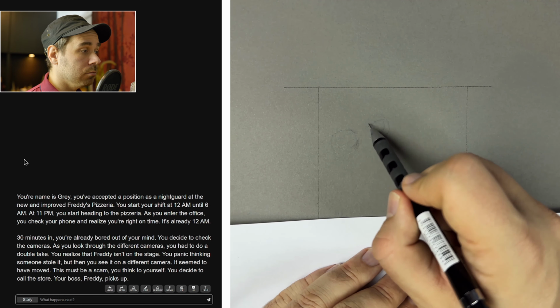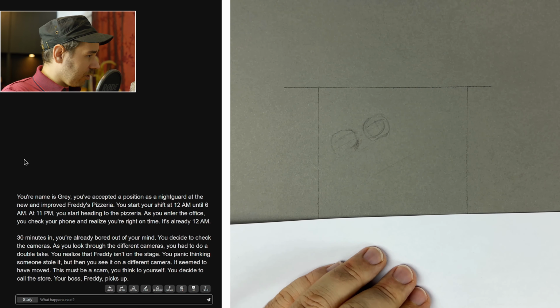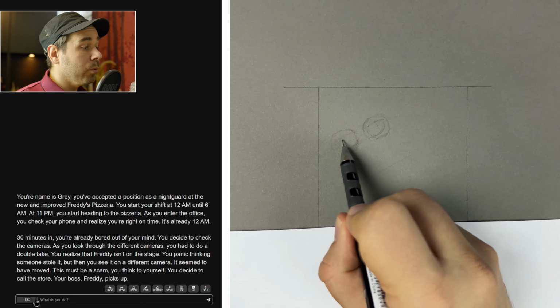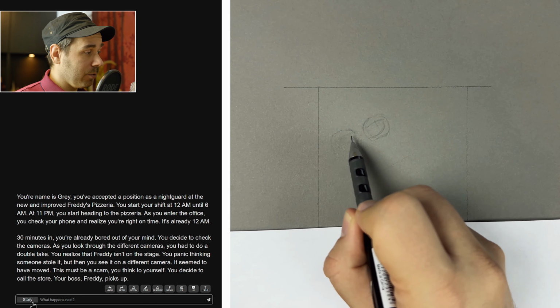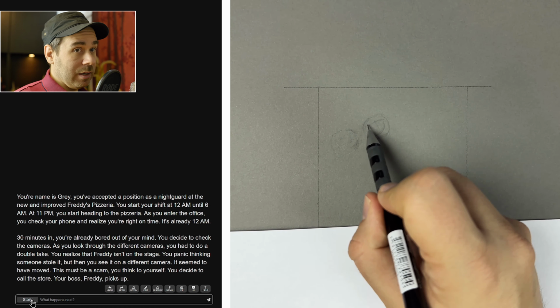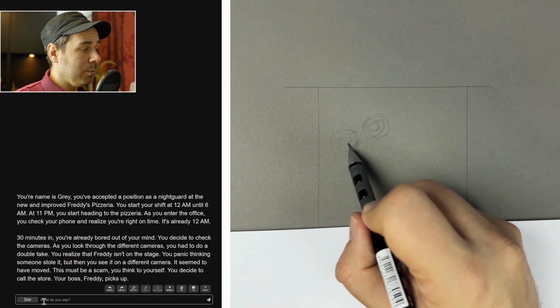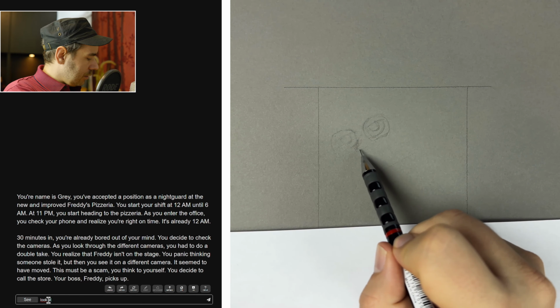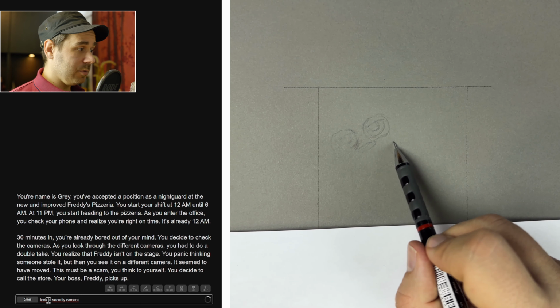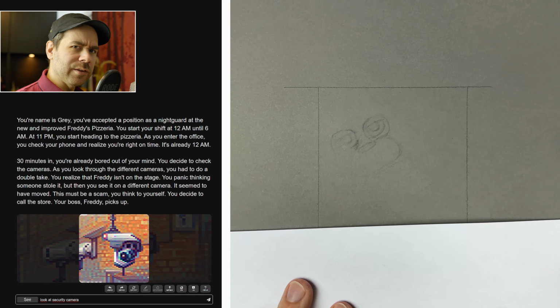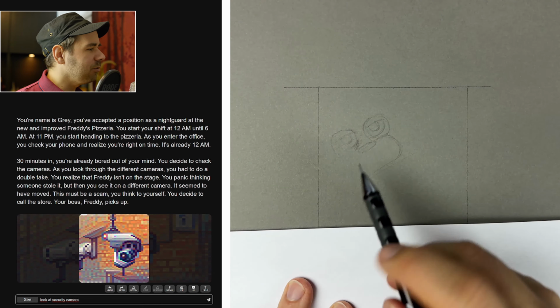Okay, so Freddy is the danger and my boss. So, let's roll with it. So we can just do something, we can say something, we can advance the story as if the AI would invent it, and we can actually see stuff. So that means look at security camera. It generates a 2D image of what you see. Okay, we look directly at the security camera. I meant the screen, but alright, that's fine.